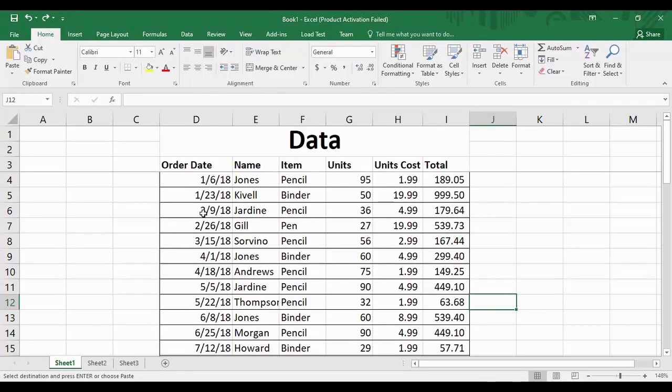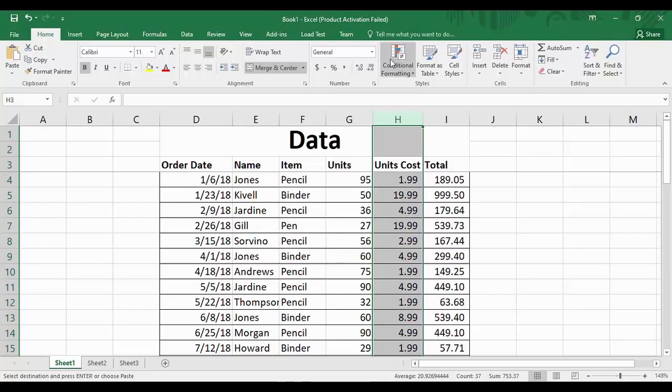Now to organize this data into the different data types, we have the different data types in Microsoft Excel. Suppose we want to apply the data type to units cost. What we're going to do is just click on this H, and the whole column will be selected. Then in the home tab, you will find something called general.